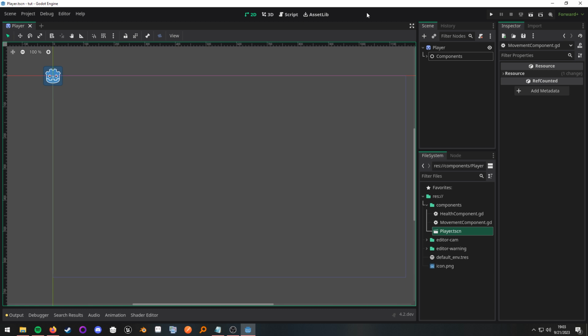Now, all a component really is, if you're unfamiliar with it, is an object that encapsulates some kind of functionality that is intended to be reused across multiple unrelated entities. It is a very common design pattern in game engines especially, and popular engines like Unity and Unreal rely on